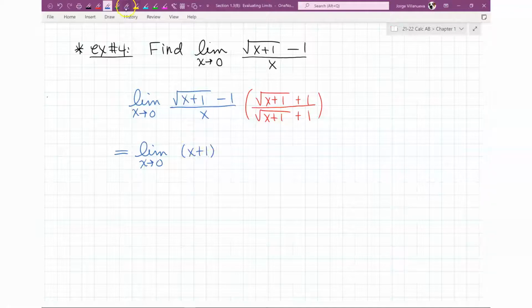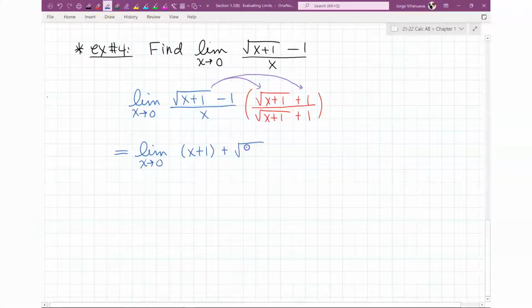Then the next one, square root of x plus 1 times 1 is positive square root of x plus 1. Then negative 1 times the square root of x plus 1, and then negative 1 times 1, so this will be negative square root of x plus 1, minus 1, divided by